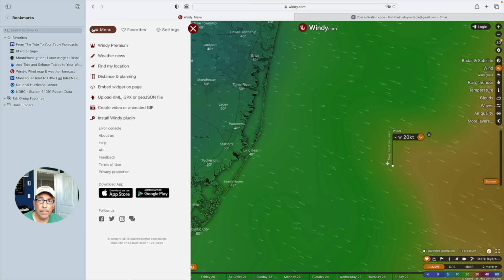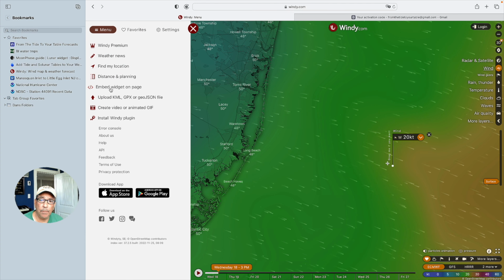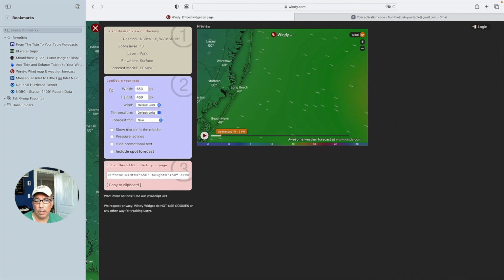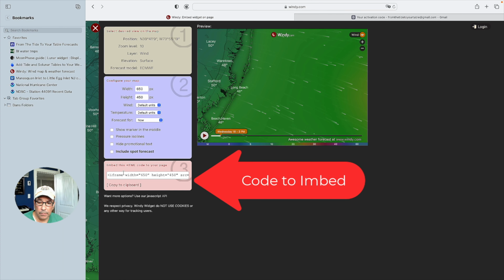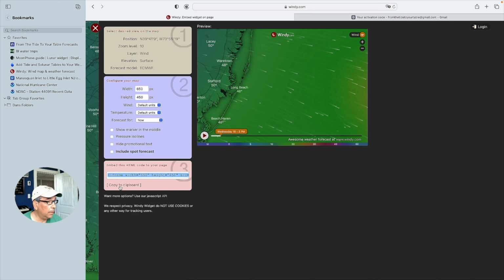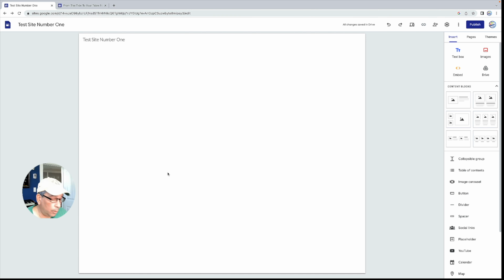If I go to the Windy menu and I say embed widget on page, basically right here in the pink section it says embed this HTML code into your web page. That's basically it. If I take this and I say copy to clipboard, I'm going to embed that into the tool, and you'll see exactly how we can get the Windy page into ours. Okay, so now that I went to Windy and I grabbed their code from their tool,